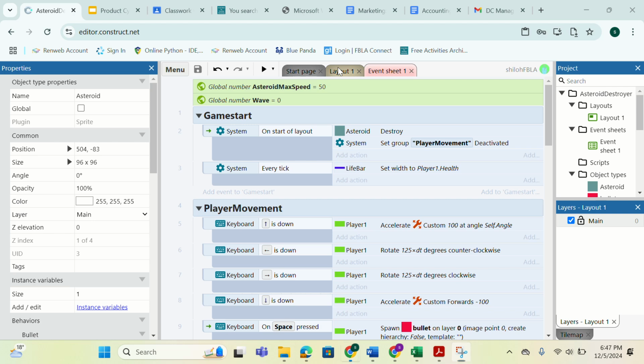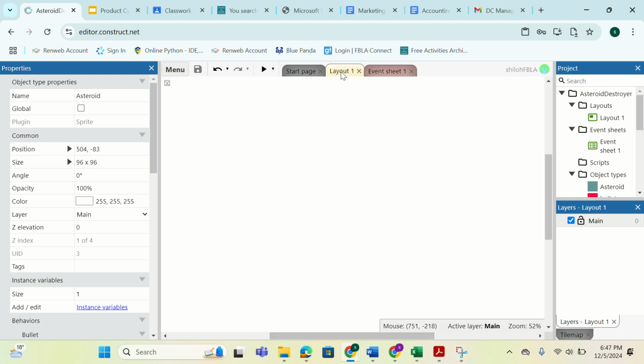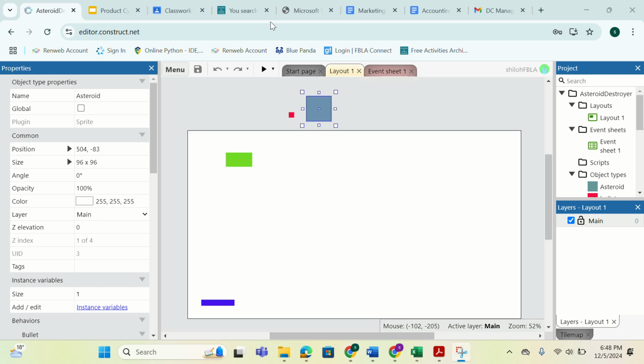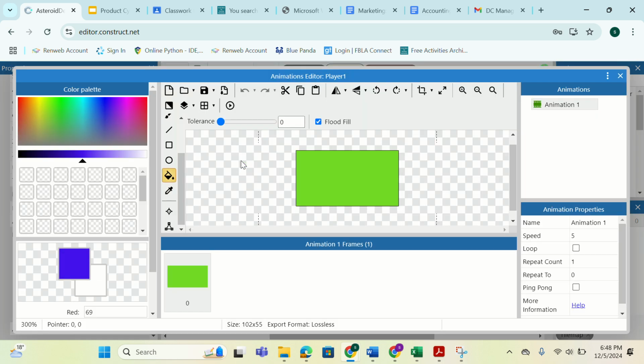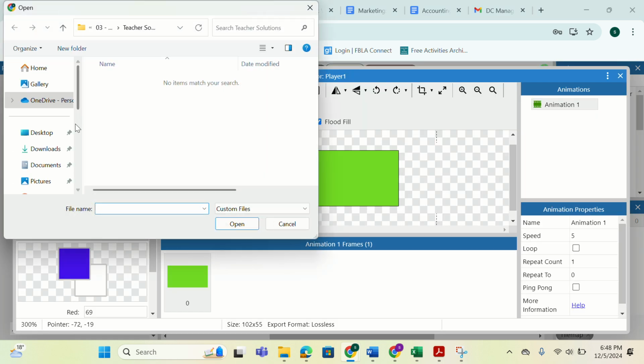We're going to start by customizing our gameplay. And to do that, and some of you have already done this, go to your layout if you haven't already, and many of you have. I'm going to go about changing my player, my asteroid, my bullet, and then together we'll change the health. So starting with the item here, you can open up the player item, go to your